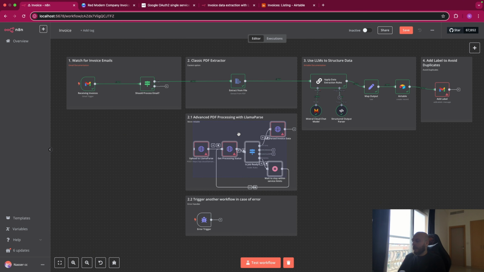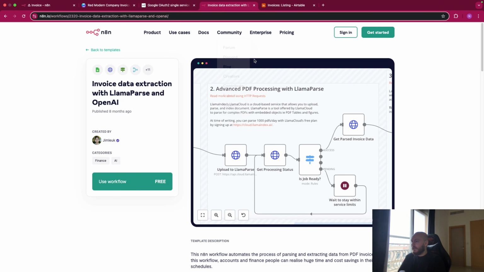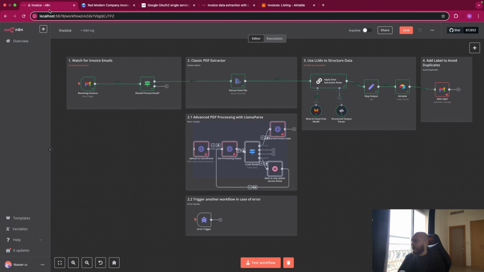I found this part of the workflow from Jim Luke. This is a really good section of the automation. Let's go back here. You can also use it in case of an error, because in this automation, the node that is more susceptible to trigger errors is this part. So you can set up another workflow and use this module as a trigger and create some steps to overcome